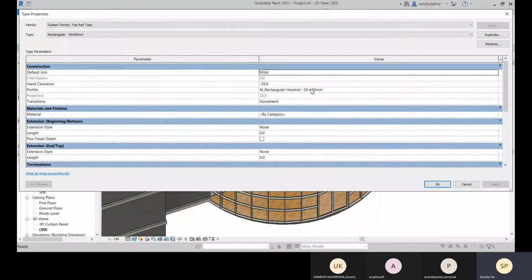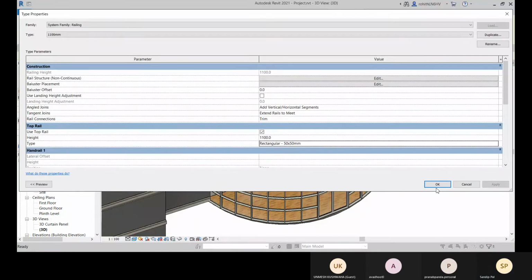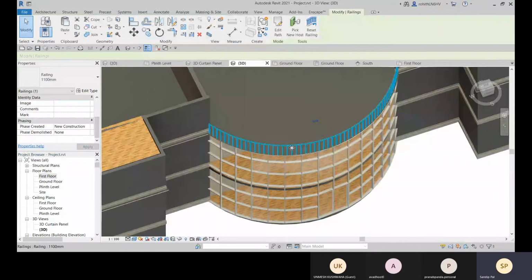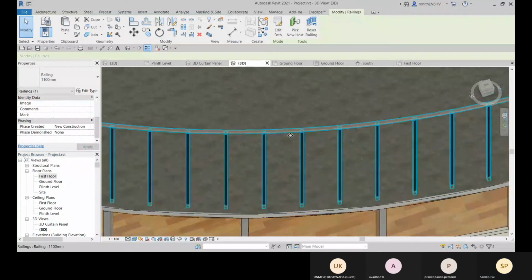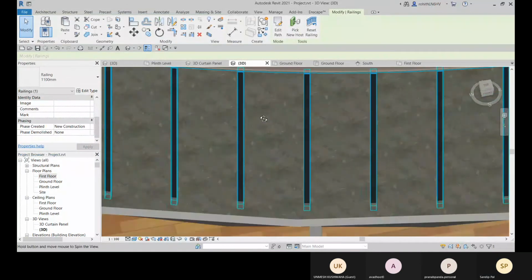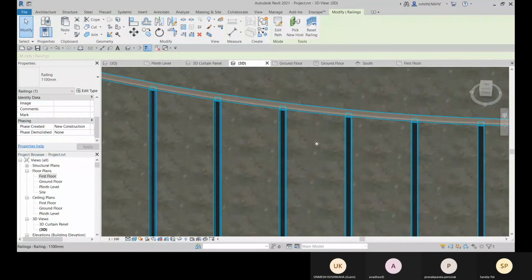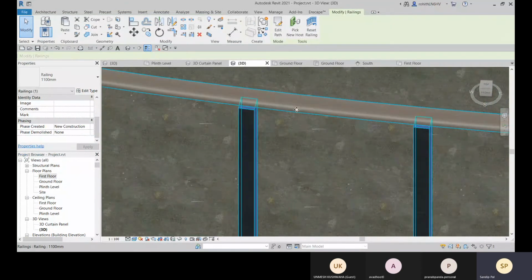Go to that and here you have the profile selected. You can take the C shape or the circular handrail, click on apply and OK. And this is the handrail right now.